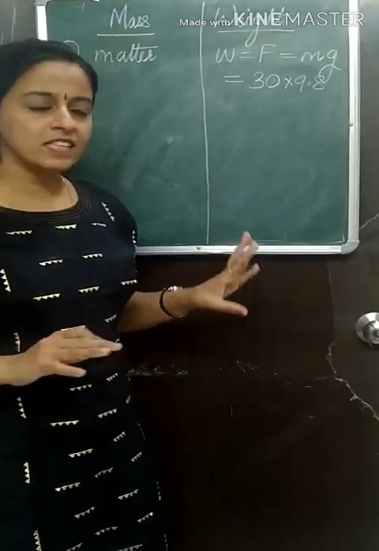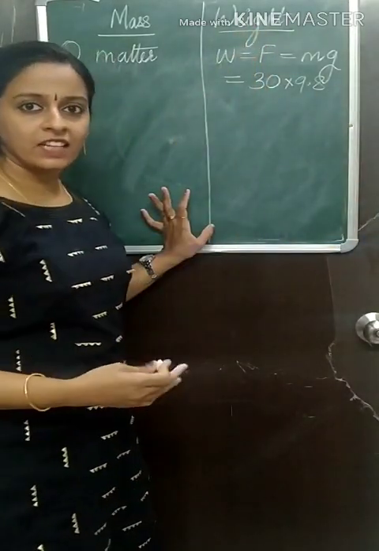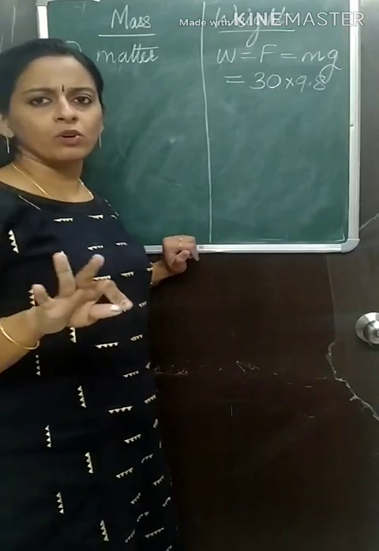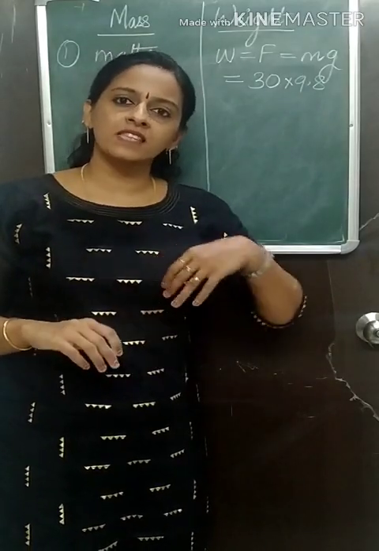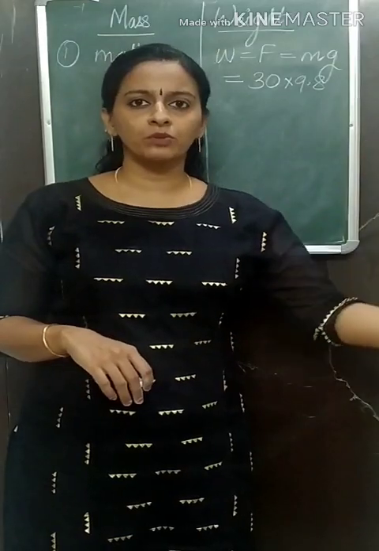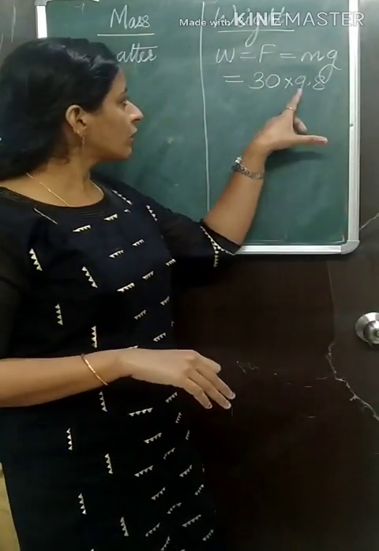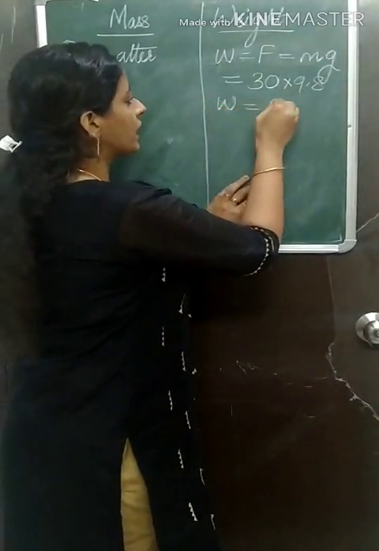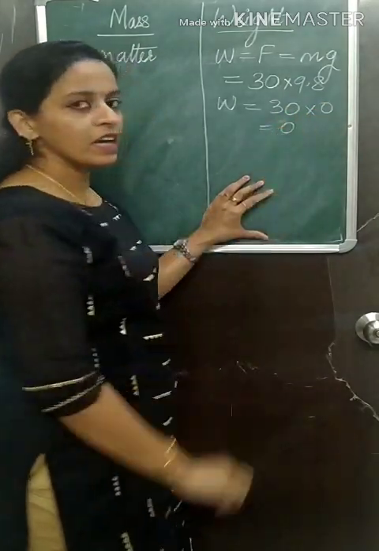So what can I say? Depending upon the planets, the weight will change, whereas the mass will remain the same anywhere you go, because it is just the amount of matter. Mass will remain the same everywhere, whereas weight changes from one planet to the other. Same way, if you are at the center of the earth, g is 0. So your weight will be whatever mass you have into 0, so your weight will be 0.